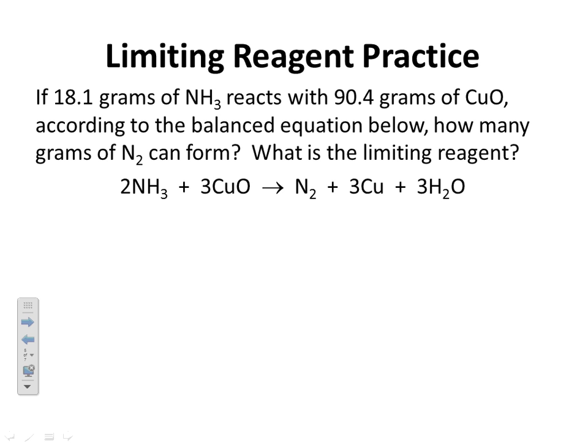Okay, so hopefully you've done this yourself. Now we'll do it together. So we're going to do 18.1 grams of ammonia, 90.4 grams of copper oxide, and we want to know how many grams of nitrogen. So just like I've been doing, I'm going to convert each reactant into grams of N2. So we have the same molar mass here,